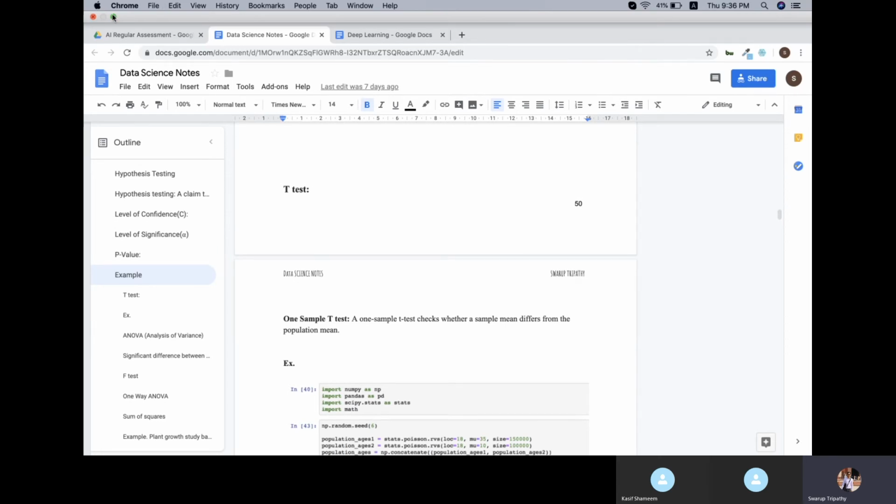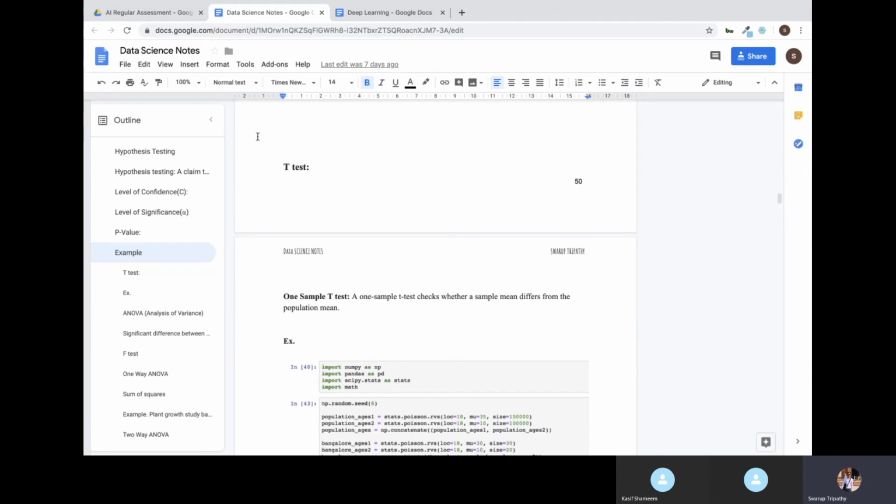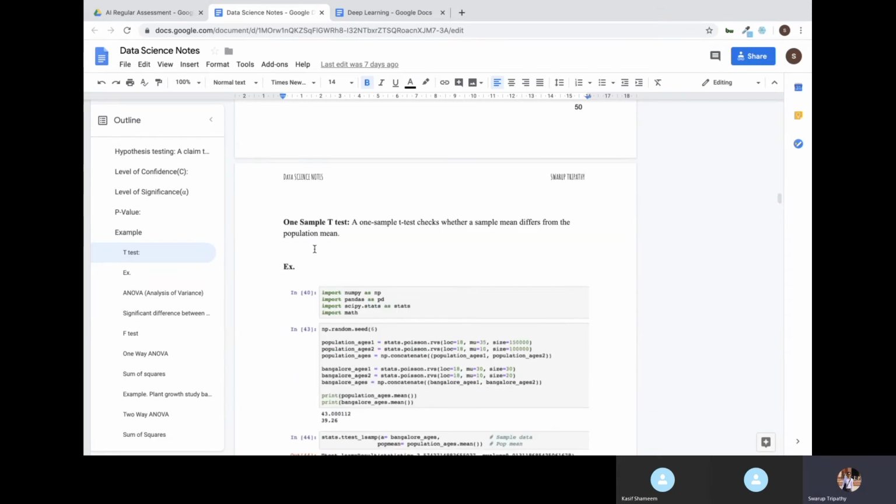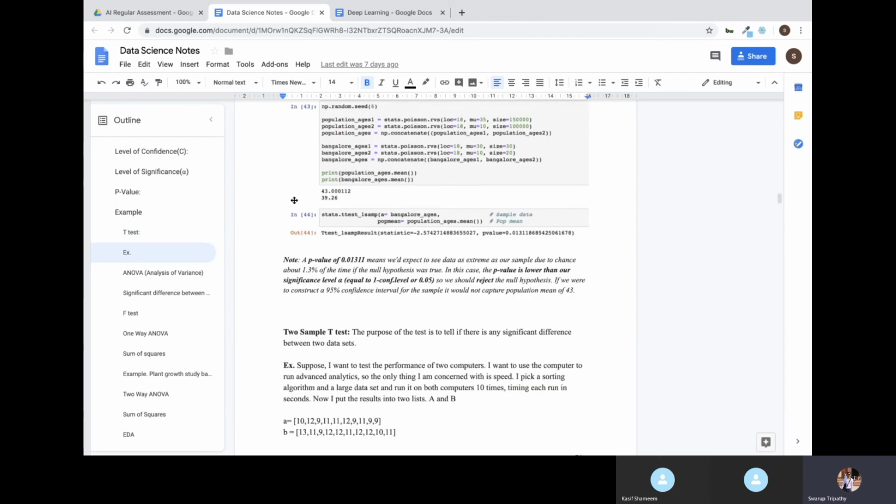This t-test is a type of hypothesis test which follows the t distribution under the null hypothesis, just like your z test is a hypothesis test which follows the z distribution under the null hypothesis. So we are going to see this t-test today. There are different types of t-test, and more besides, but we are going to see two basic types, the most famous ones, which you use most of the time. One is called the one sample t-test. The other is called the two sample t-test.